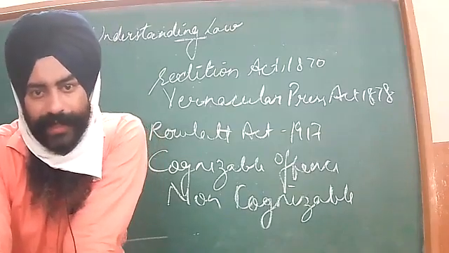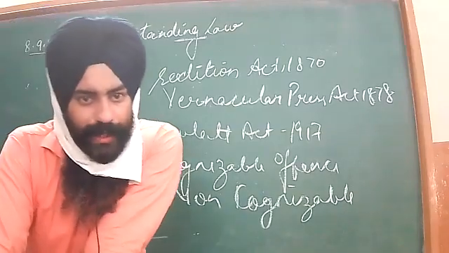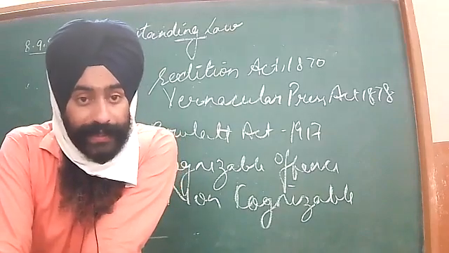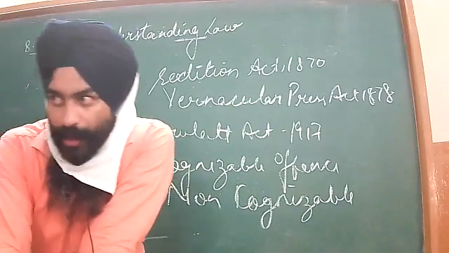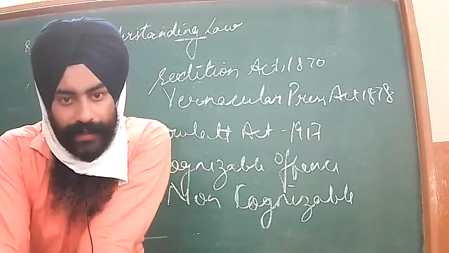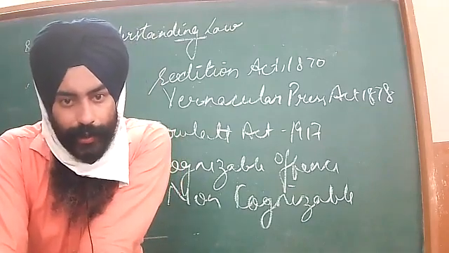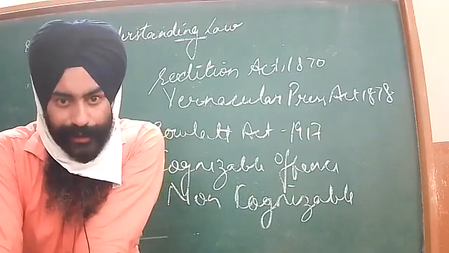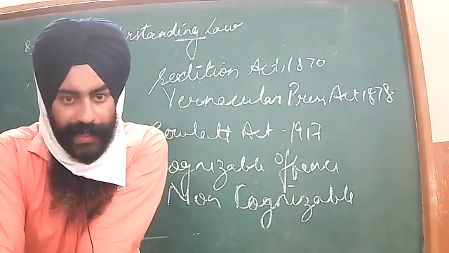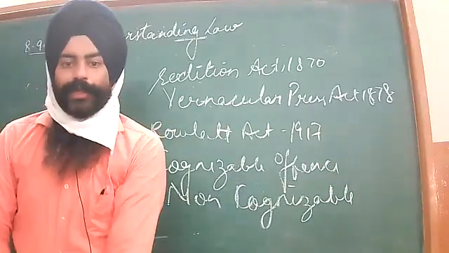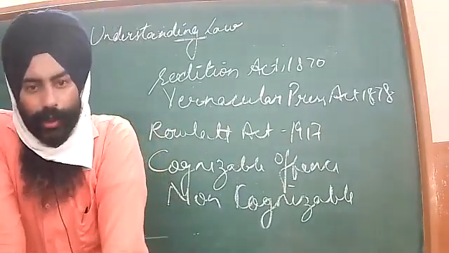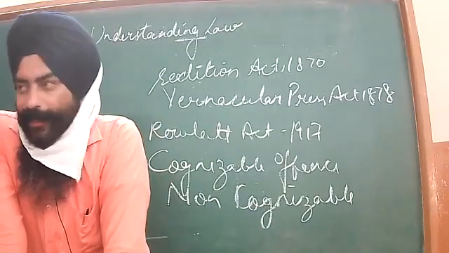Copies will be distributed among all the members, including the ruling and opposition party, and a detailed description will be given by the minister of the ruling party. For example, if the country needs a new bill associated with education, then the Education Minister of India will introduce a new bill or a new policy in the Lok Sabha and explain it.